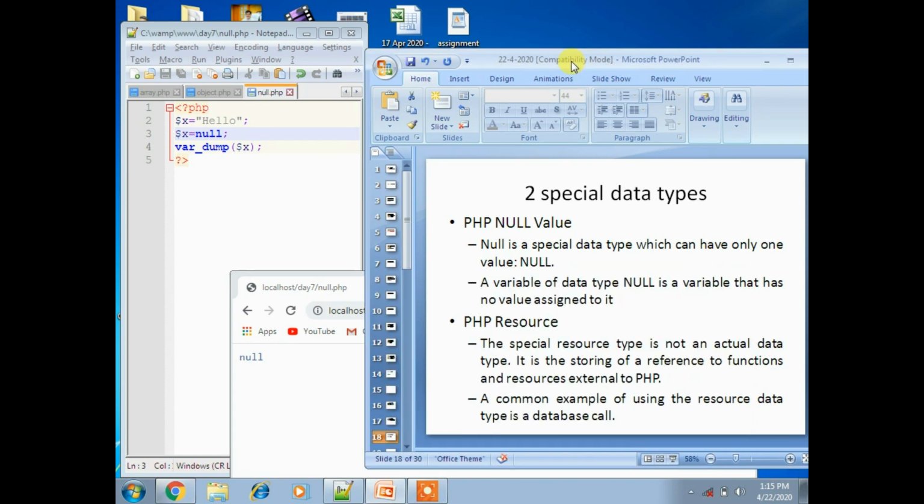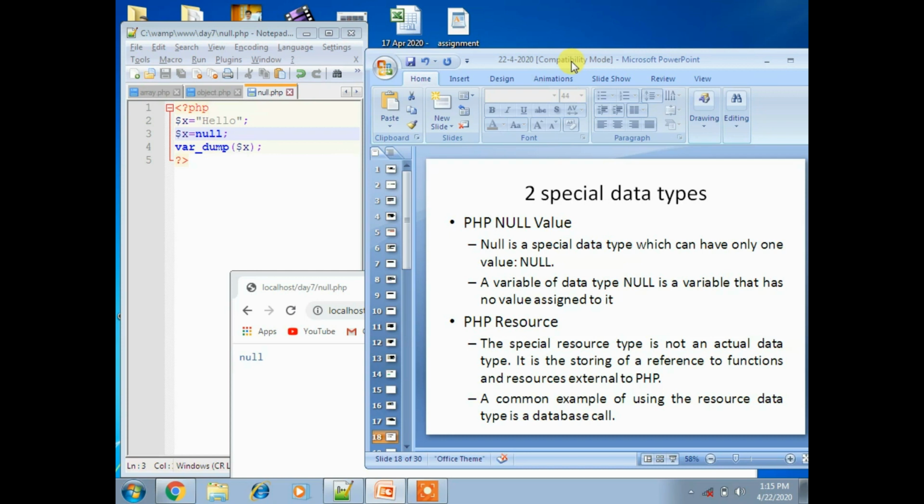I'll take another concept, that is PHP resource. The special resource type is not an actual data type. It stores a reference to functions and resources external to PHP. Mainly the resource data type is used for database calls.